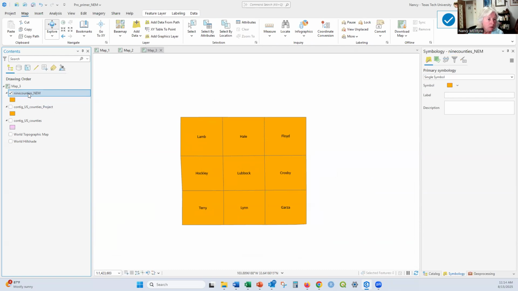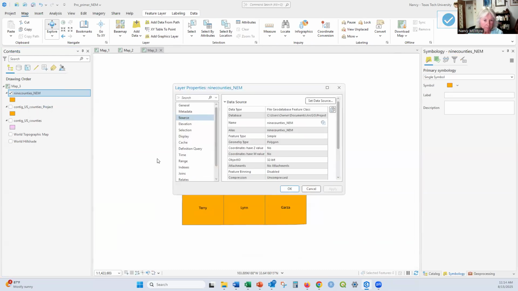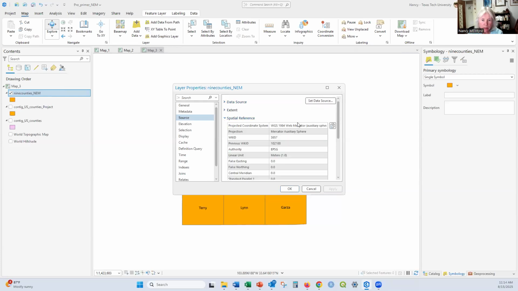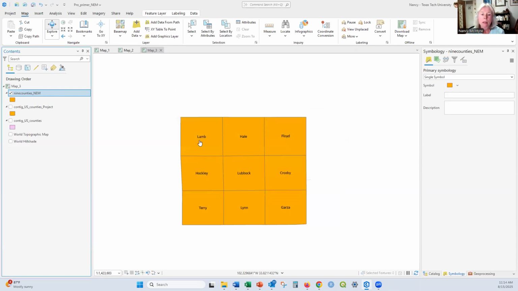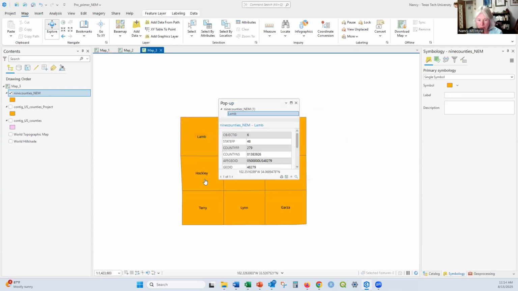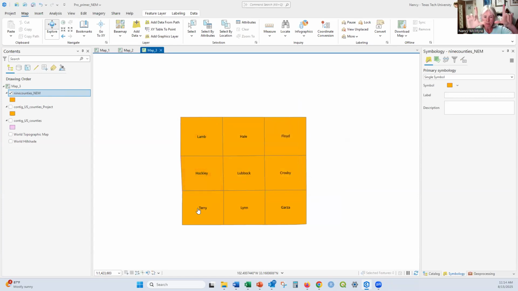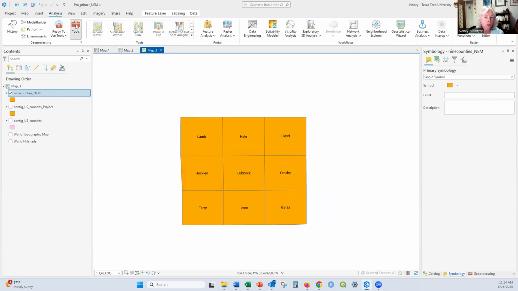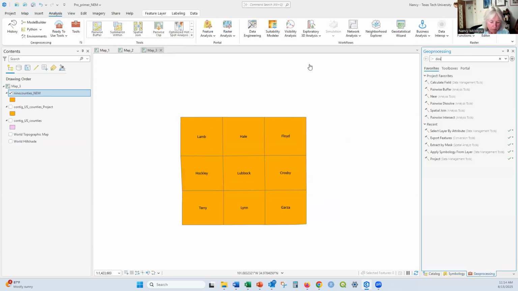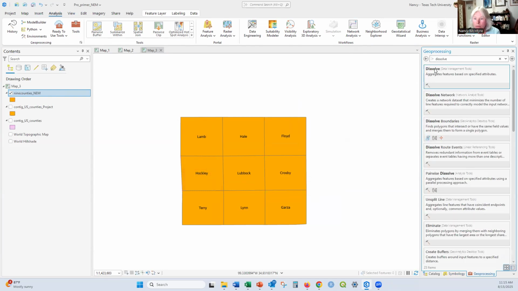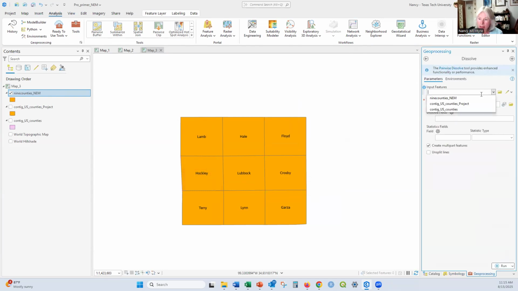And if you look, right click properties, the source in the spatial reference, it's in WGS 84 Web Mercator. Great. Each one of these, however, is a separate county. I want this whole thing to be one polygon. And so I want to dissolve the borders. There's a tool for that. So analysis, tools, dissolve. And I say, hey, my 9